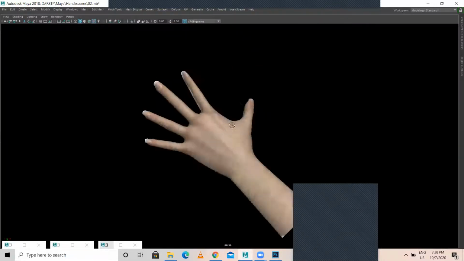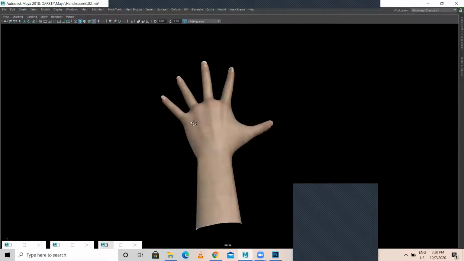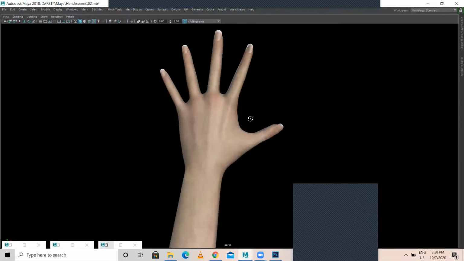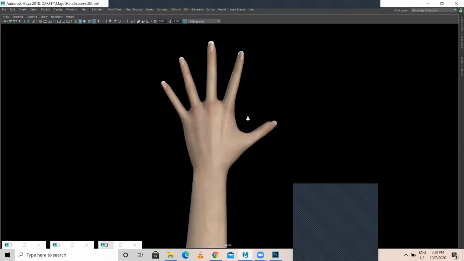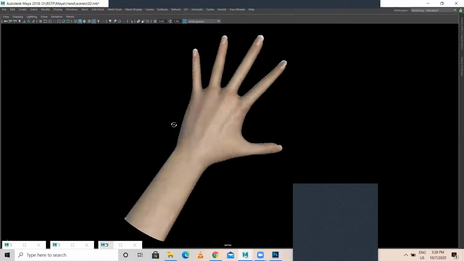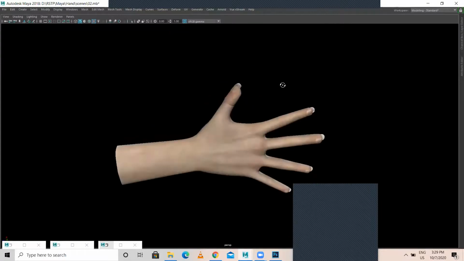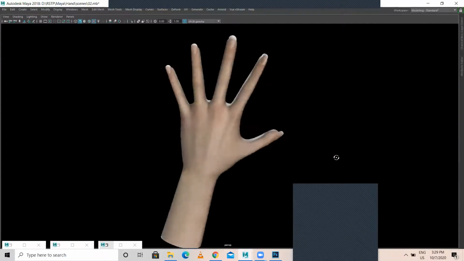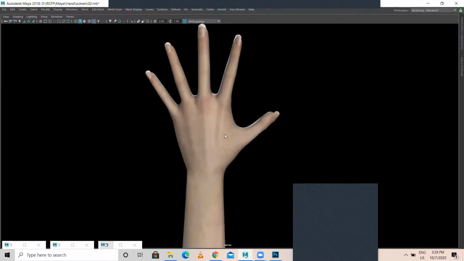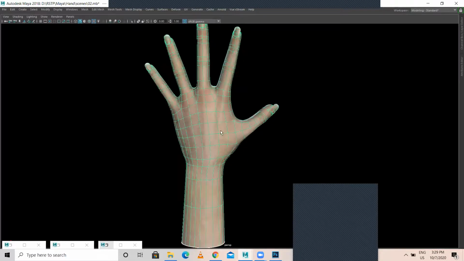So it looks good, no? This is how the model looks once I apply the texture. Actually, I have applied only the top part of the texture. I haven't applied the bottom part of the texture. The bottom part of the texture also looks the same, but I have to apply a separate texture for that. For that, I have to do proper UV and all. I need to work on texturing.